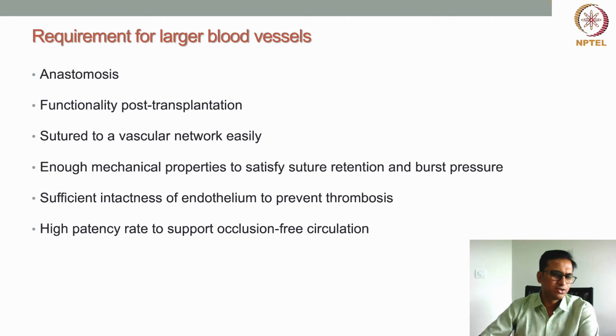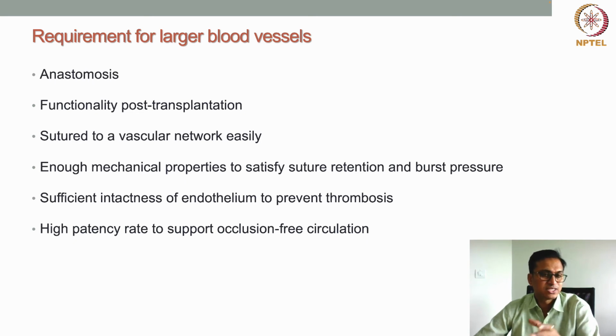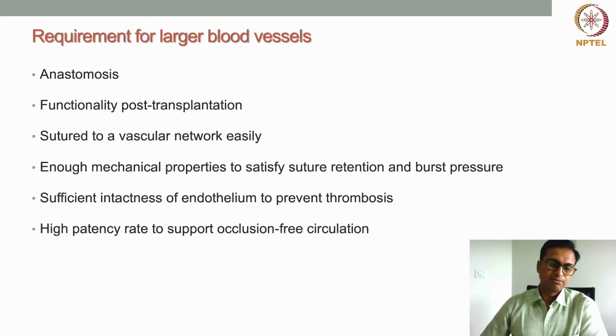So let us now understand what the requirements are for larger blood vessels. The first thing for larger blood vessels is anastomosis, which is the joining of the artificial blood vessels, in this case the printed, synthetic blood vessels, with the existing blood vessels. When these two connect seamlessly with each other, that is called anastomosis, so it's connecting to the existing one. That is very much required for synthetic blood vessels, because they need to attach to the existing blood vessels